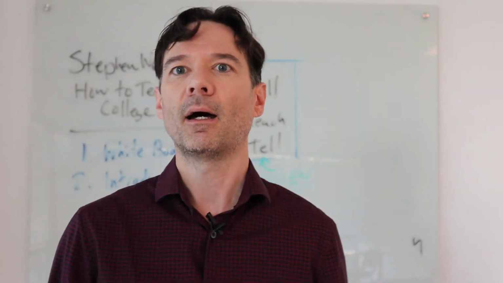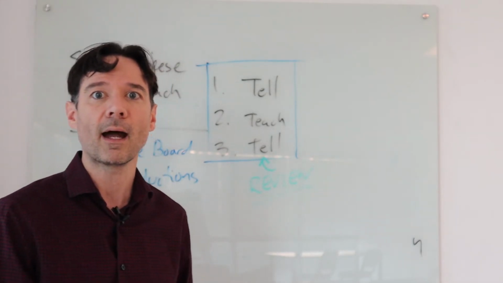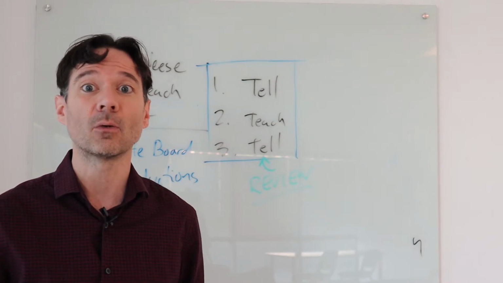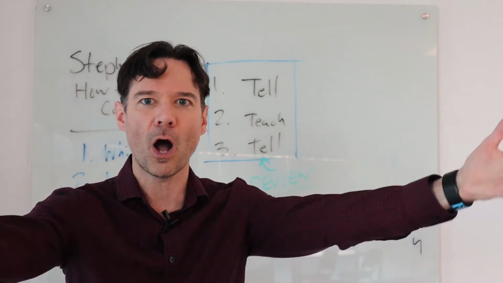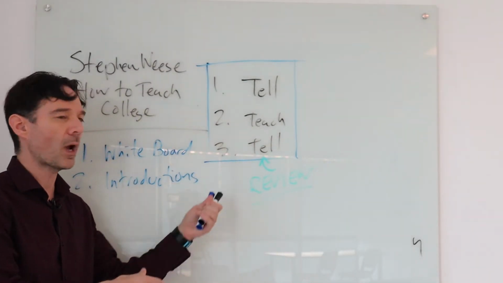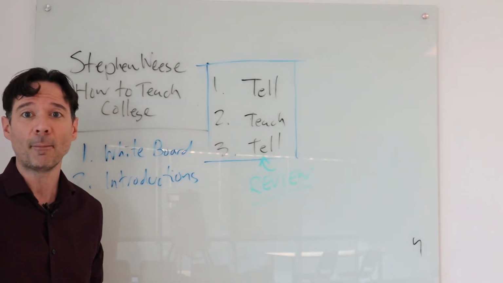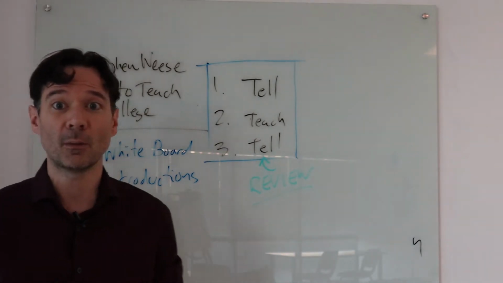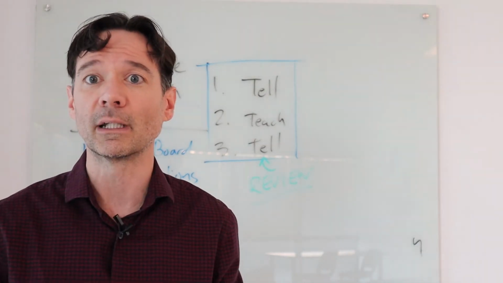Now normally I'm going to try not to do this. Now it's good to walk around. You should move around and things like that. But as you're writing on the board, what you should do is cheat to one side or the other. It's actually kind of an actor's trick if you think about it. Think about your audience being the camera lens, and as they're watching you, what you're doing is you're writing on the board, but you're also sort of trying to cheat toward them and face them. This makes them feel more involved in what you're doing. If you completely turn your back to them, then basically that's kind of cutting them off emotionally a little bit.